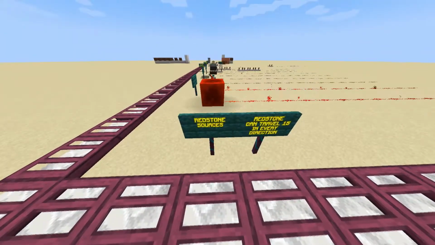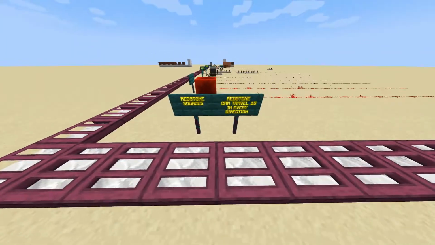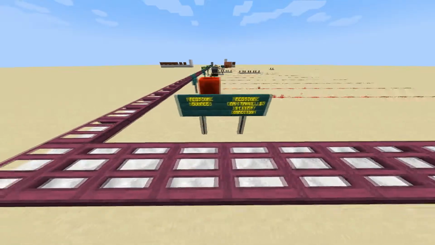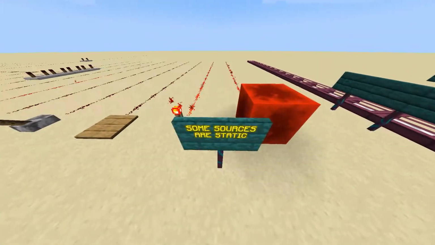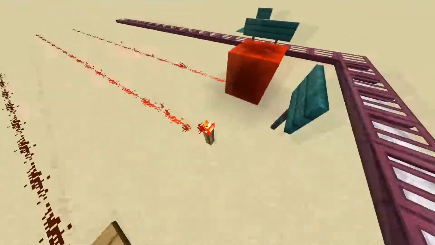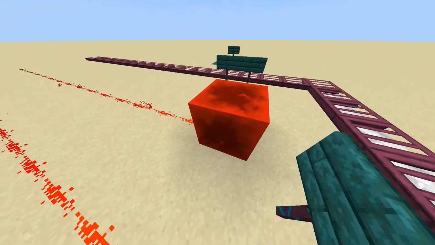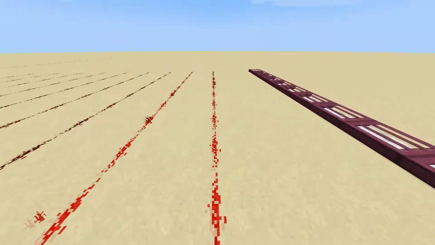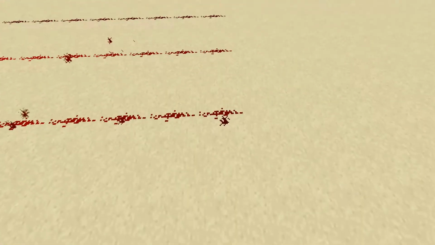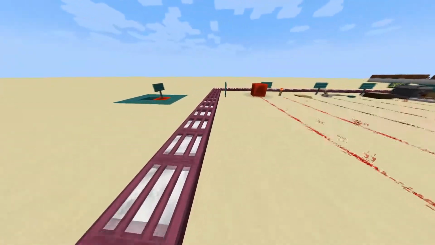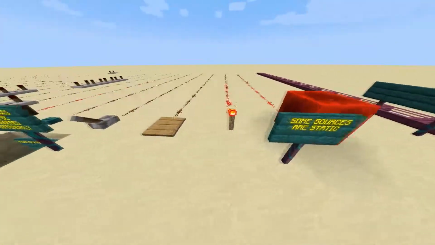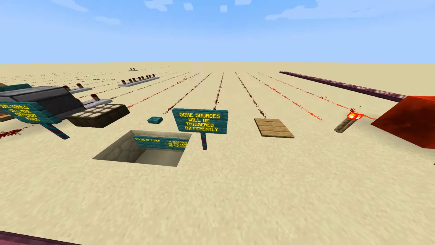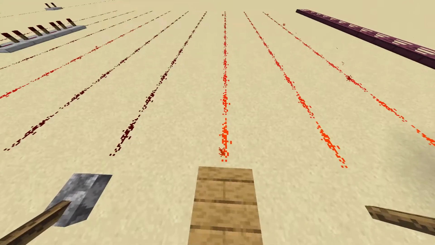So redstone sources, let's start with that. Redstone can travel 15 in every direction, which means that these are source blocks. Some sources are static, like this one, like a redstone torch or the redstone block. And if we see all the way over here, that's 15 blocks that they can actually power. So really interesting, but other sources can be triggered, like this one,